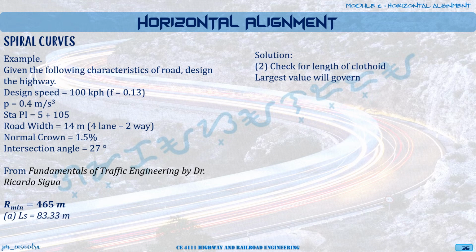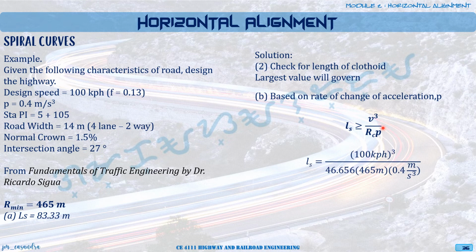So next, we check on the second basis, which is the spiral length based on the rate of change of acceleration P, or the jerk P. So we'll now have LS should be greater than or equal to V cubed divided by RC times P. So we have V cubed, we're given our R, we have computed for R, we're given P, so it's just direct substitution. LS now is equal to 100 cubed divided by 465 meters